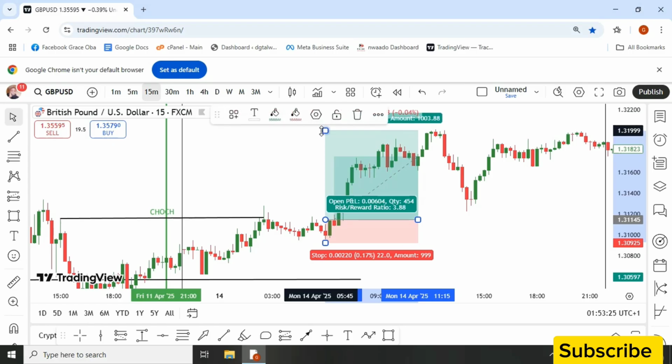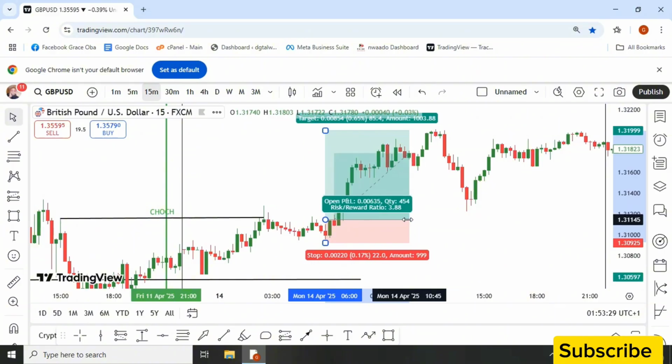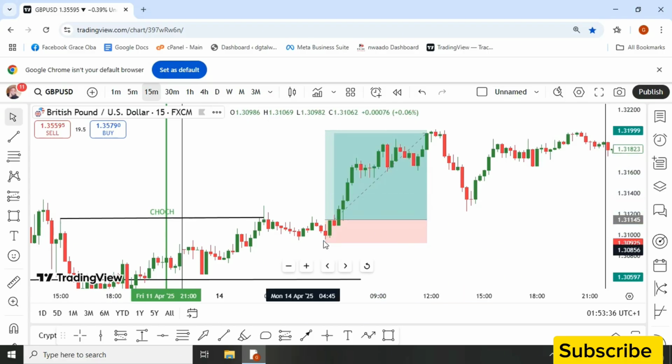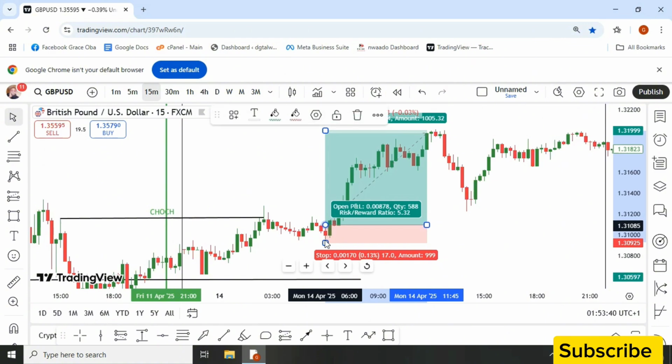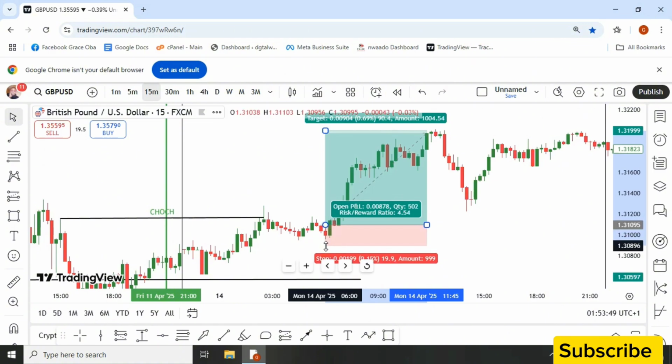That's 1:3 weeks reward, and that is fair enough, right? That's cool. I can just place my stop loss below 20 pips, then take profit from here. So if you're measuring this out,